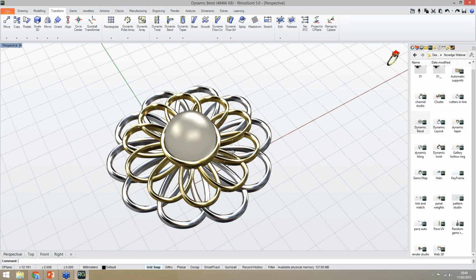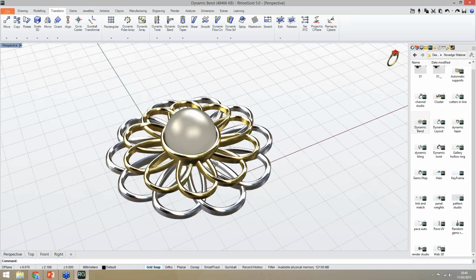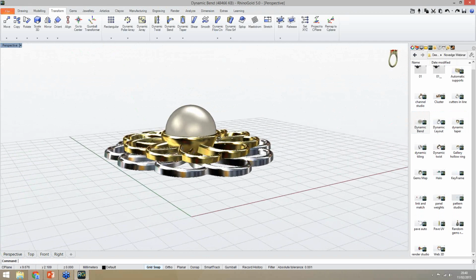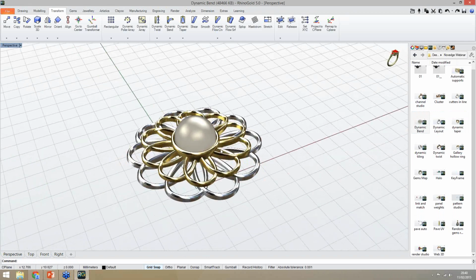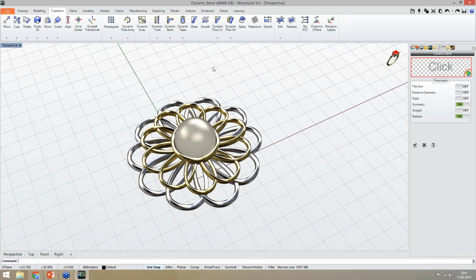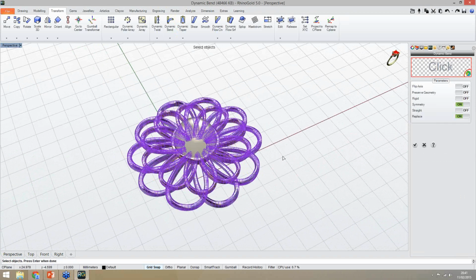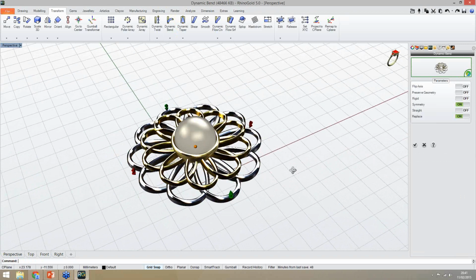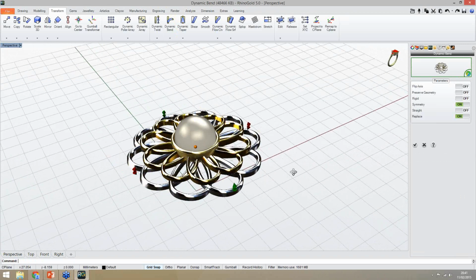Let's see. In this case, I have these objects, and I want to bend this model. So let's use the dynamic bend tool. Once again, under the transform tab, I just need to select the objects I want to bend. In this case, these objects. And after selecting the objects, as you can see, I have these gimbals